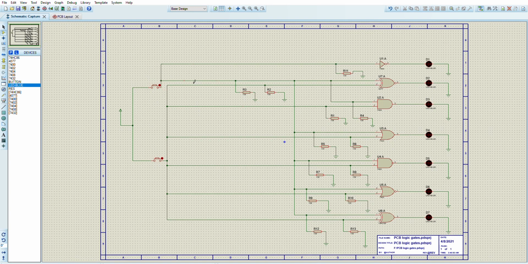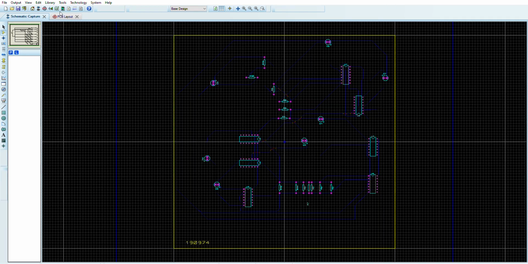After this, when we have all of the simulation present, we'll simply go to PCB layout. We'll press this button to create a 2D path, and when the 2D path is created, we'll simply go to the tools bar. We place the auto placer, and the auto placer would place all of them in here, and we have to press the auto router here, or you can go simply to the tools and press auto router.